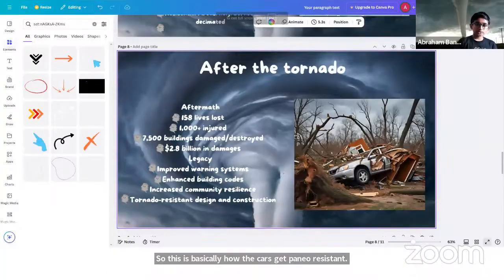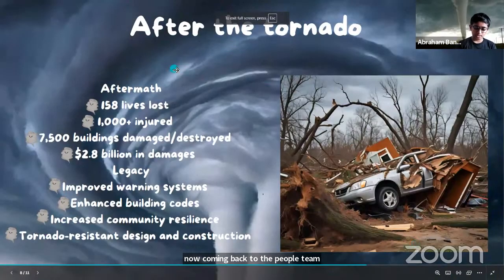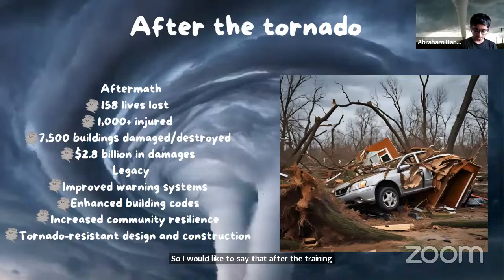I would have to say that tornadoes are things that can destroy things, but they are also things that humans can use to understand and help become better in technology.